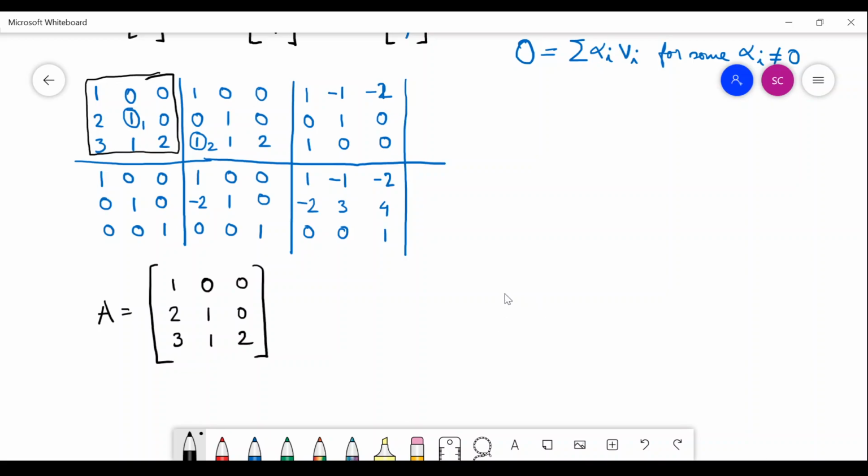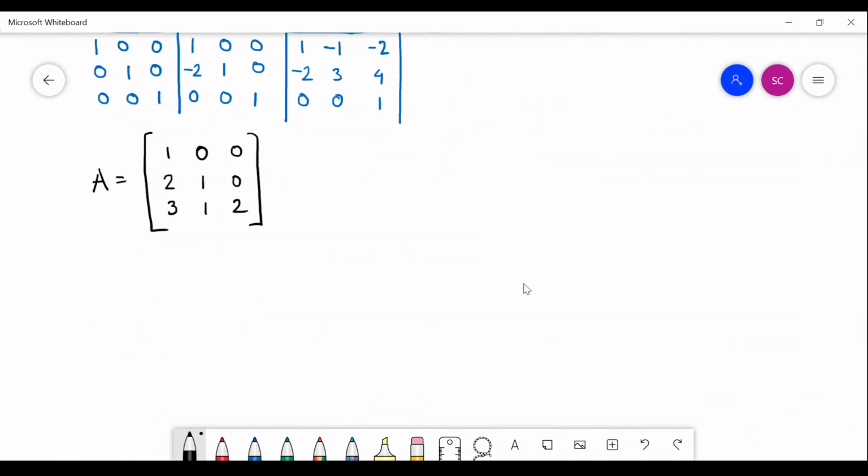So when you look at a matrix, now you can look at it as a stack of vectors coming from a particular vector space. These vectors are coming from the 3-dimensional vector space. This is coming from the 3-dimensional space. This is also coming from 3-dimensional space. This is also coming from 3-dimensional space.